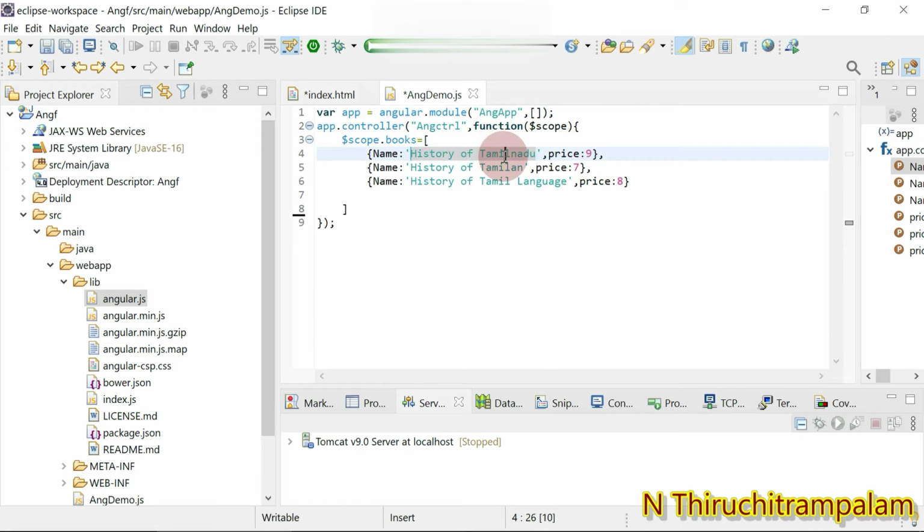So which differs only on the third word. So I would like to place it in ascending order based on the alphabet, right? So how do I do this? If you take Tamil Nadu and Tamilan, the first Tamilan should come, right? After L, A comes. Here after L, the N comes, right?